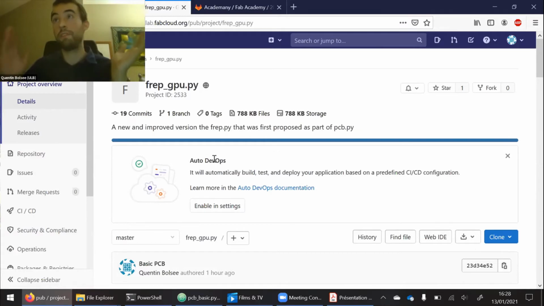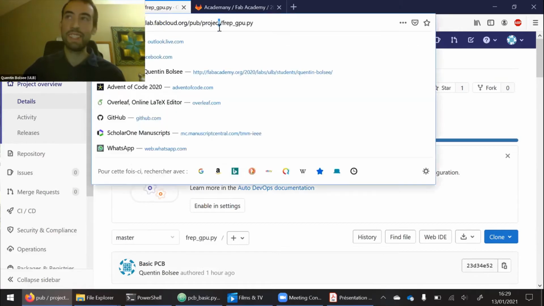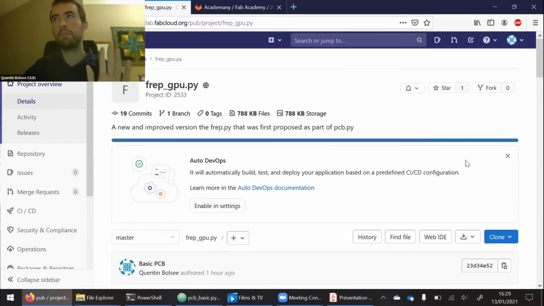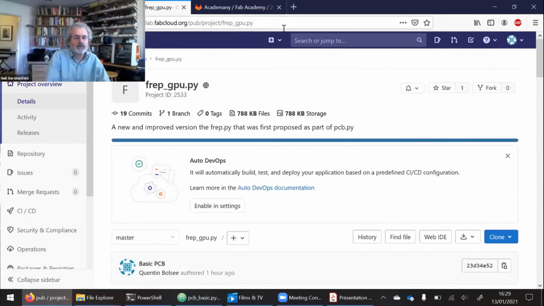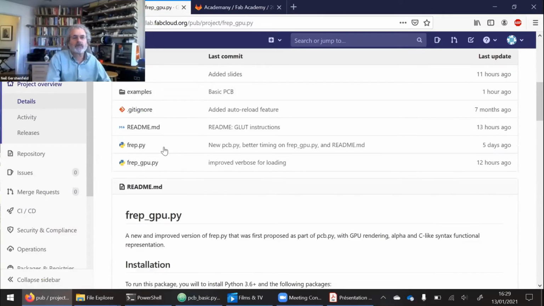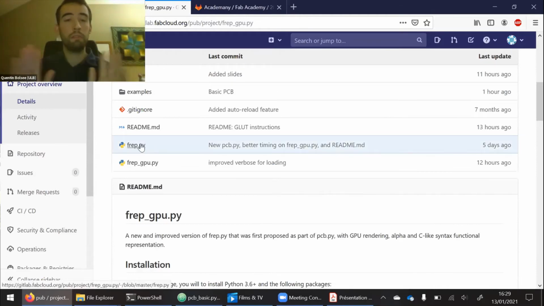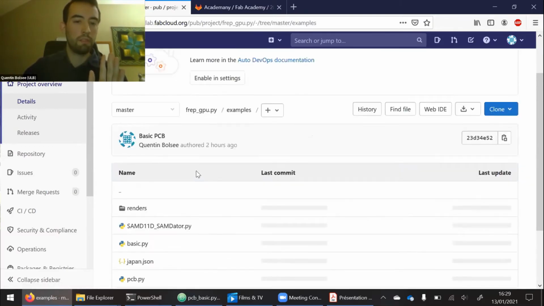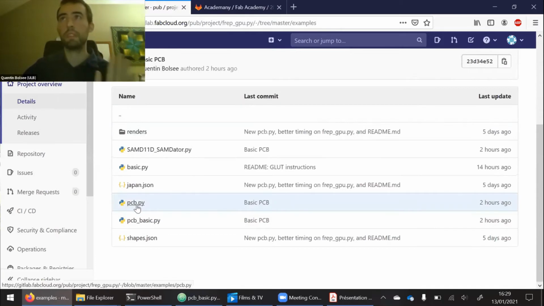Yeah. Okay. So if I have your consent, then I guess this can become the new default, but I still need people to test it because it's very early. Now, if you go to this one, you will see there's also an frep. So if you don't run the GPU, that's perfectly fine. I also prepared a new frep that's compatible with the new JSON format. Okay, so that's entirely up to you. And if you go to examples, you will also see PCB, which is also updated slightly to be compatible with